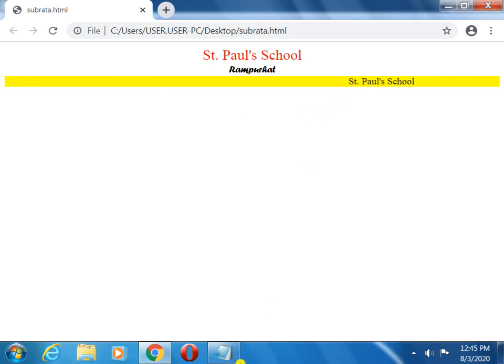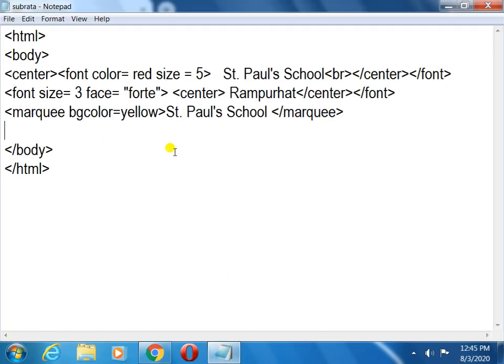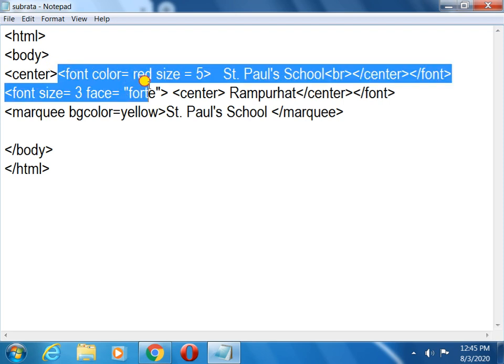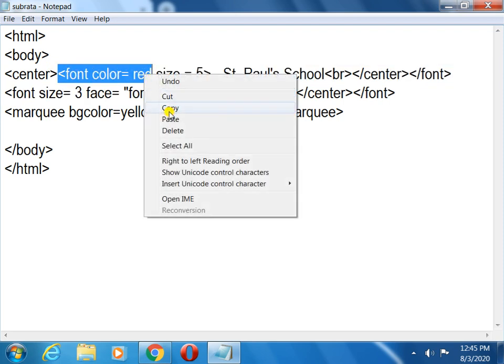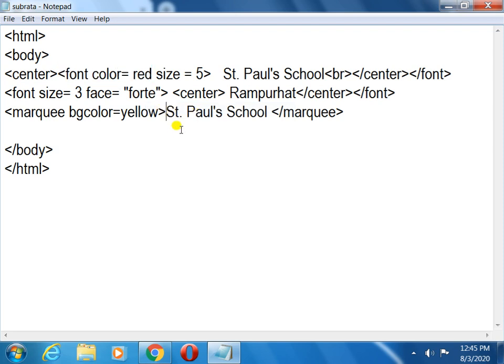Okay, now I will show you the font color. Last class you have seen how to change the font color. So the same thing I will write, font color red, inside here.